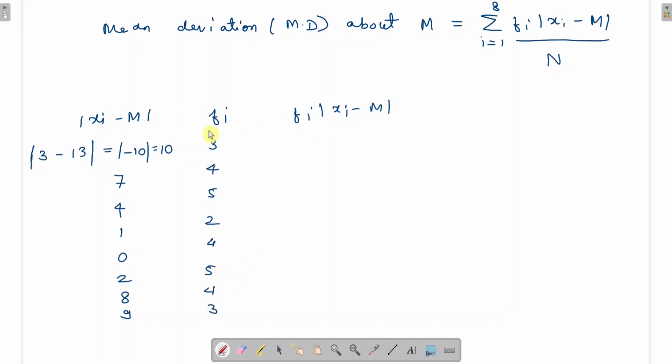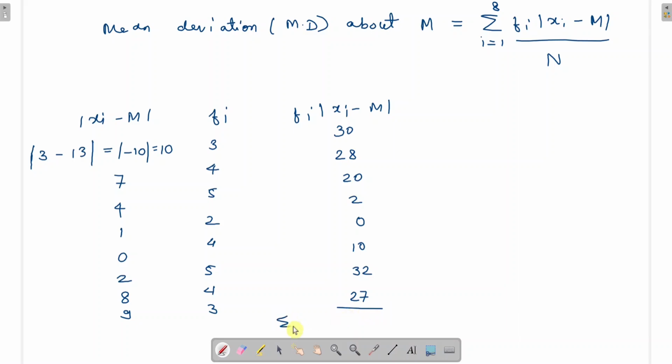Now we have to take the product. 10 times 3 is 30, 7 times 4 is 28, 4 times 5 is 20, 1 times 2 is 2, 0 times 4 is 0, 2 times 5 is 10, 8 times 4 is 32, 9 times 3 is 27. Okay,